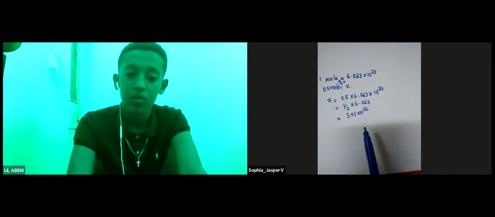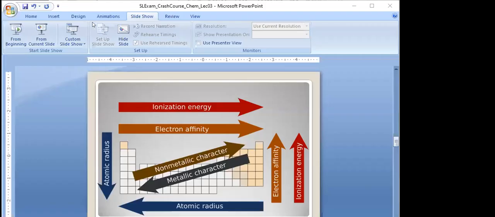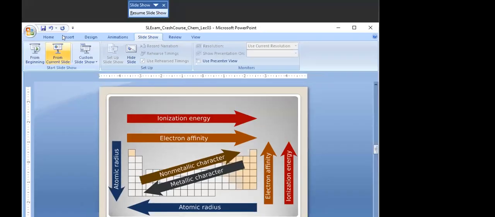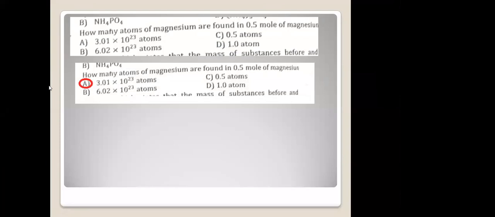Okay? For the first, yeah, I'll tell you. Don't worry. Tomorrow you'll get to know. Yes. So we have one more point, right? Abeni, yes. Thanks very much. Is there any other question? No, I think so. So the right answer is 3.01 times 10 to the raised 23.